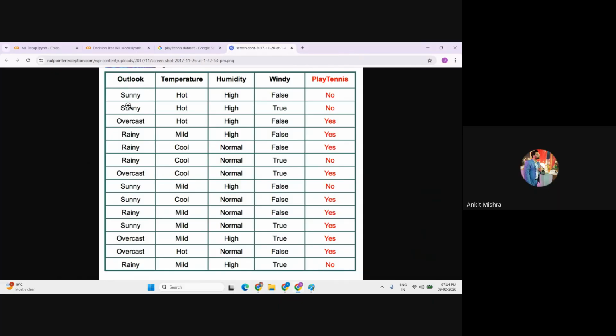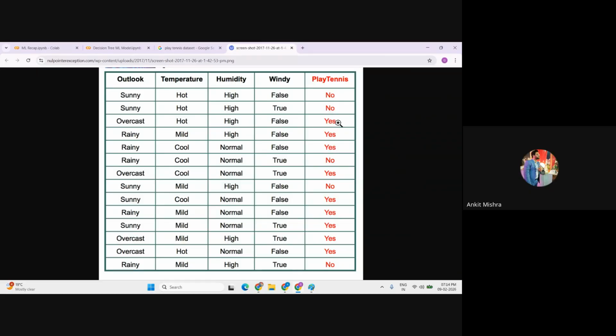The first feature is the outlook column. The second is the temperature column. The third is the humidity, and the fourth one is windy, right? It's completely based upon the players. Like if we are getting any sort of input, whether the player is going to play tennis or not, this